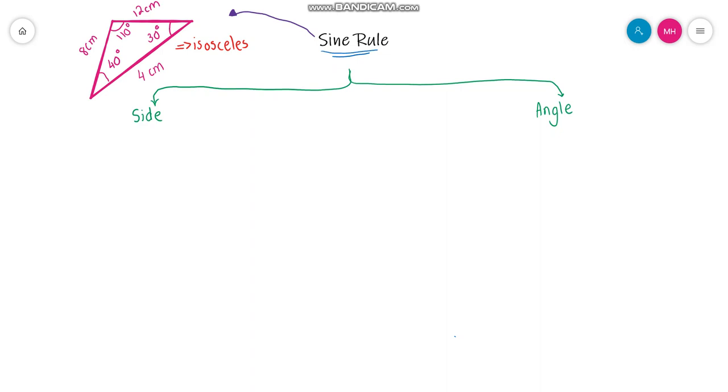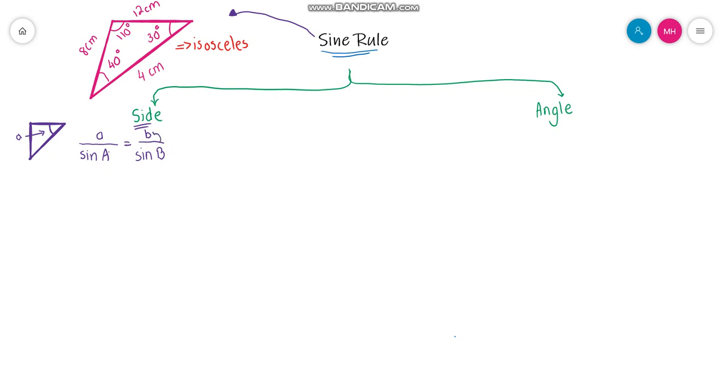Basically the sine rule for sides states that a side, which is A, over the sine of an angle A. What's specific about this angle A is that it is the angle which is opposite to side A. So if I draw a triangle right now, and this is A, then this is the opposite angle. Its sine would be equal to another side over the sine of another angle, this angle being opposite to this side,